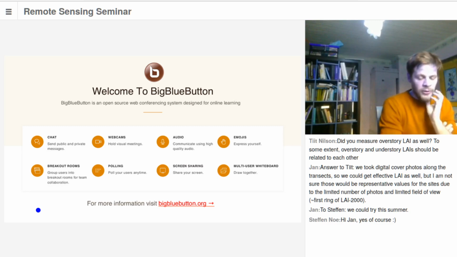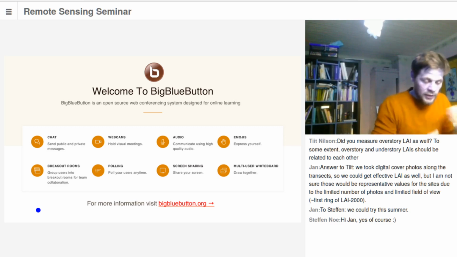Although I don't like to use this term, because everything comes with an error. So what we can simply say at the moment is how much these methods deviate from each other, not from the truth. So it could be that the true LAI lies much lower, or much higher, I don't know. But at least what we know now is which method we should apply in which situation, and I think this is quite valuable information.